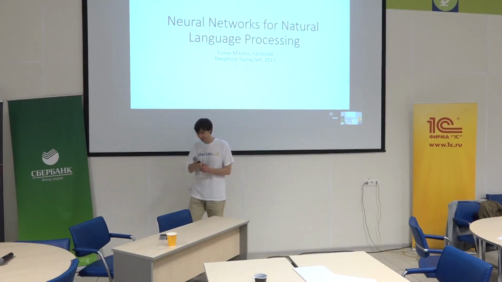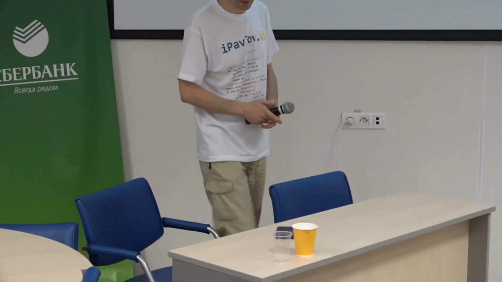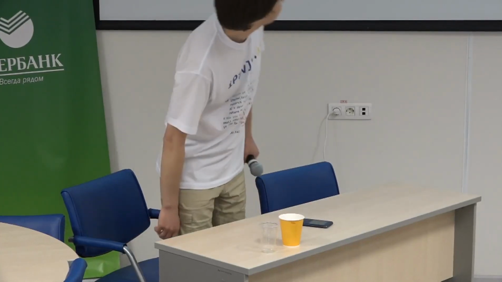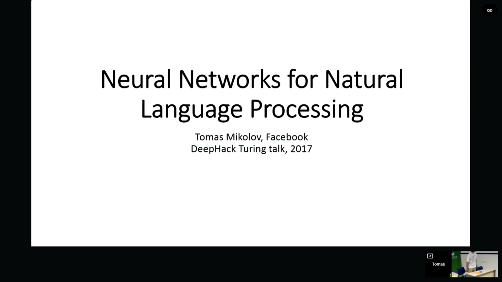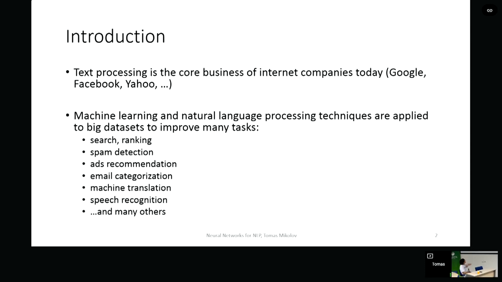Okay, I can start. Thank you for the introduction. So we'll be talking today about neural networks and how they are used in various NLP applications. It's not a complicated talk. My main point will be that it's very useful to consider using neural networks for tons of tasks, but we can also do very well with very simple techniques, and I will describe them. Stuff like, for example, recurrent networks and word2vec, all these models can be seen as something quite simple, and often we don't need to add any unnecessary complexity to get very good results. So that's what I will try to explain in the whole talk.